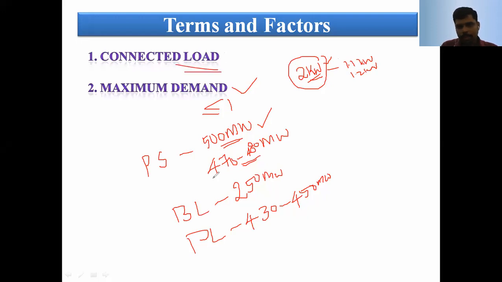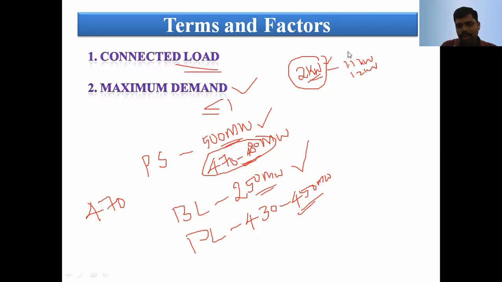Here, in this particular power plant, how much is the power generation capacity? 470 or 480 megawatt. For example, take 470 megawatt. This much power we can generate in the particular plant. But how much is the maximum demand? 450 megawatt. But how much is the connected load? That is 250 megawatt. The 450 megawatt is also not constant. Some of the time the consumer load varies from 220 megawatt, 320 megawatt, or 350, 380 or 400 megawatt.